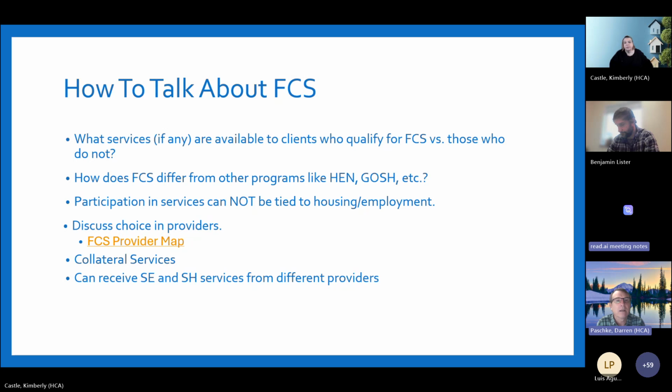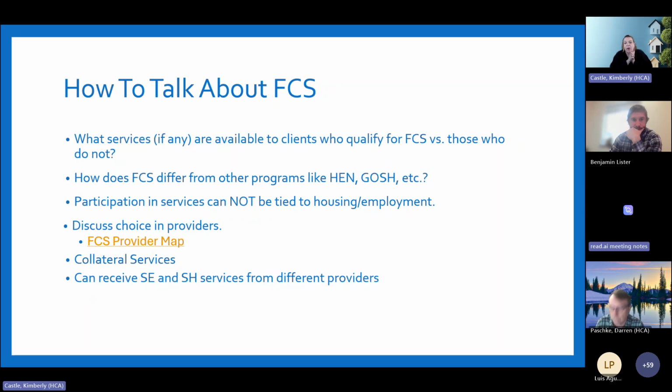Anything to add on the GOSH or anything else? Yeah, I'll talk a little bit about the difference between some of these other housing supports that we have out in our communities. So HEN initially came from being a short-term rental assistance program, and what HEN looks like now is very different. People are allowed to be on there much longer term. The difference, though, is we don't have rental assistance. HEN is mostly a rental assistance and